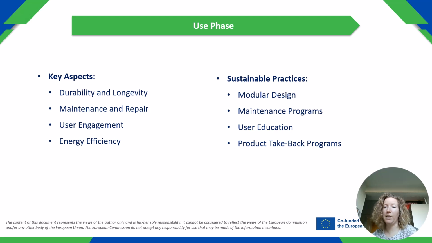There are maintenance programs that offer service plans and repair services to help users keep their furniture in good condition. They can also offer DIY repair kits, which is do-it-yourself repair kits and guides to empower users to fix minor issues themselves. Then there is user education, which can include detailed care instructions with each product to help users maintain their furniture properly, or they can have workshops and tutorials. These can be either online or offline on furniture care and repair.